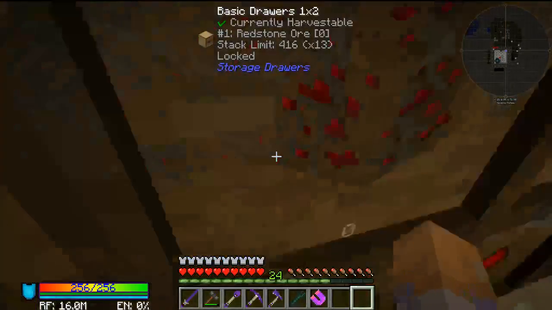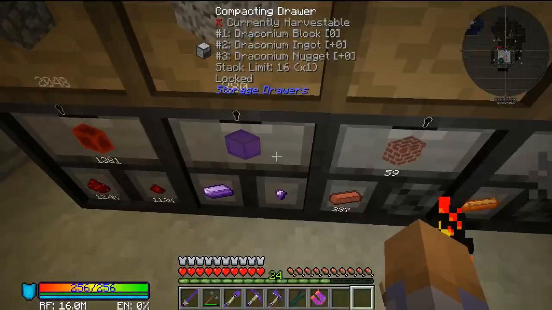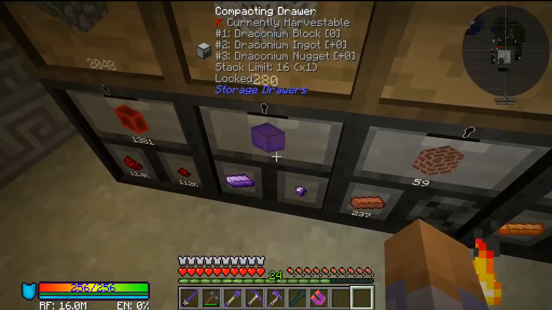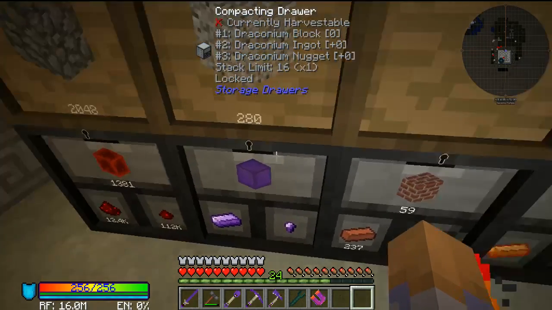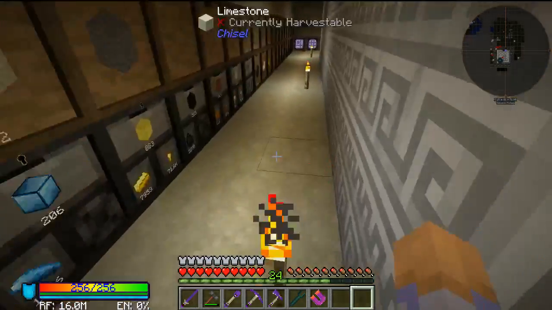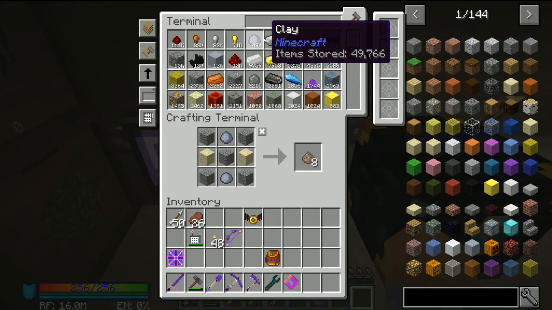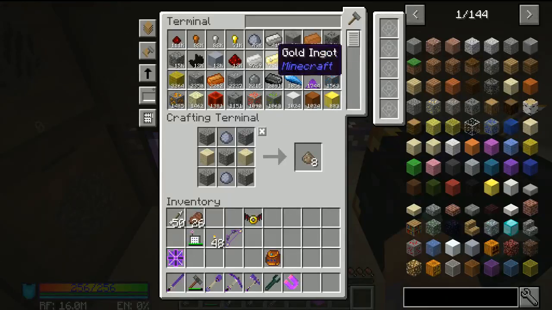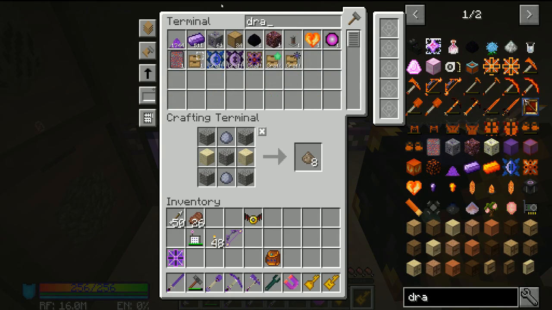Alright, so now all of our draconium is sitting in here, right? Well, we should grab our key and lock that, show numbers. But in either case, wait, what? Stack limit 16, but it still should have put stuff in there. Alright, grab me a key. Matter of fact, I want both of them. And then I want to know what's going on with this draconium that